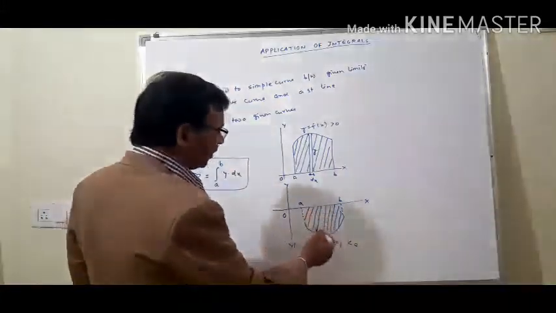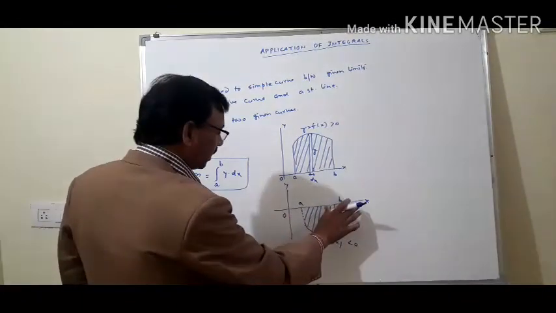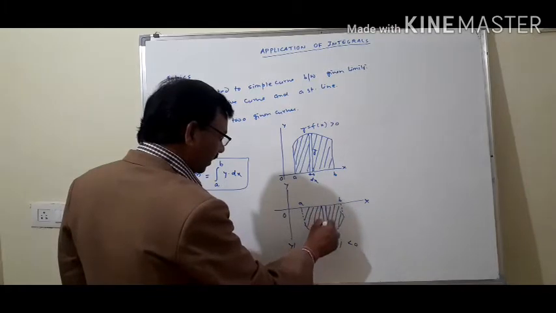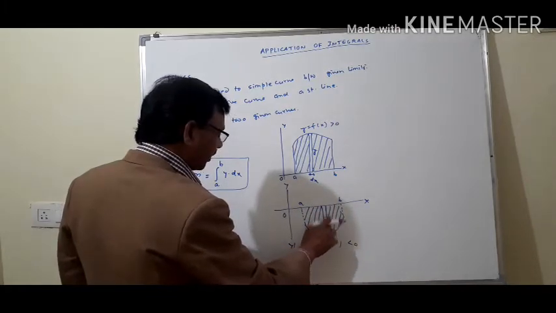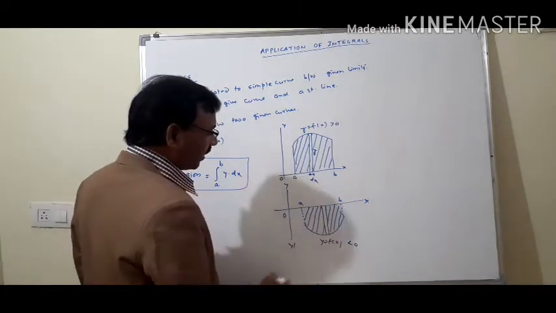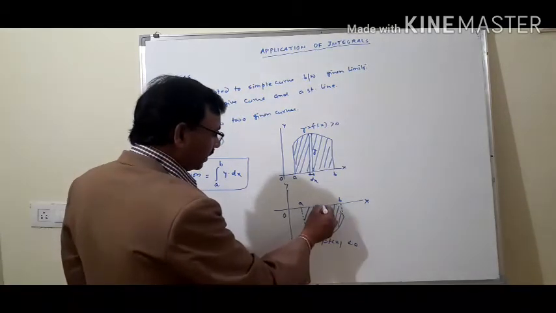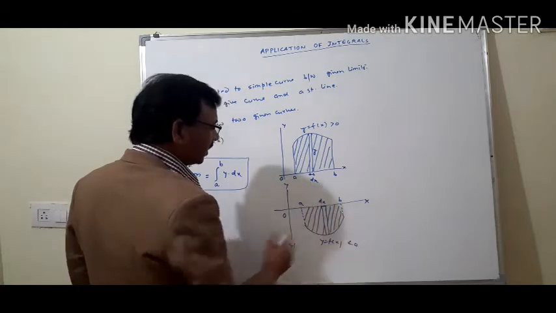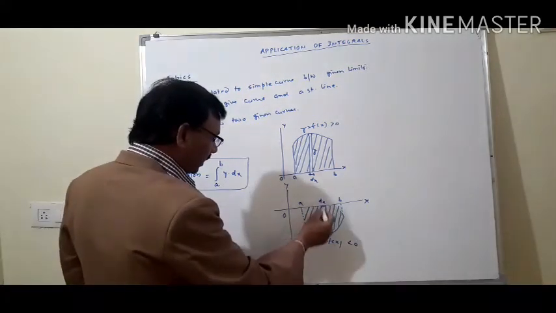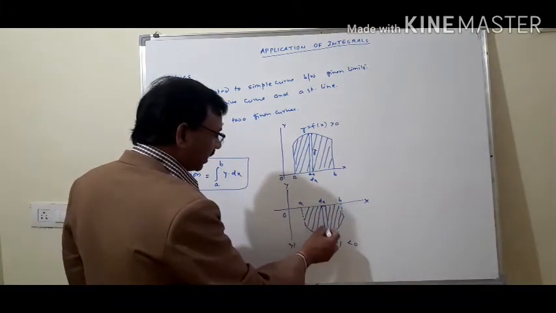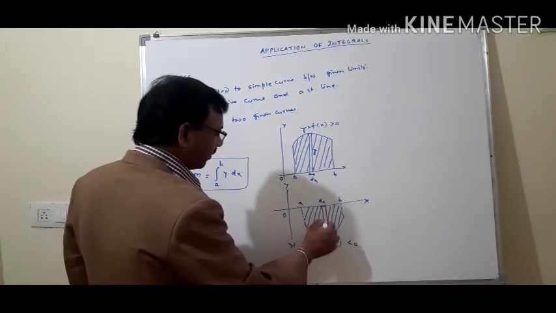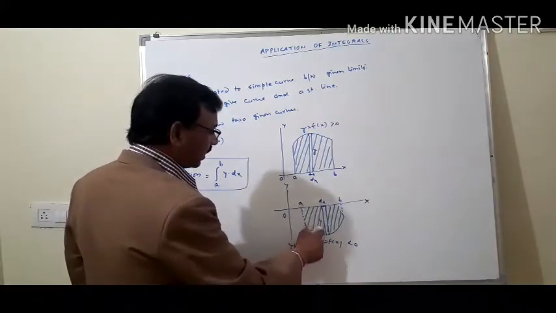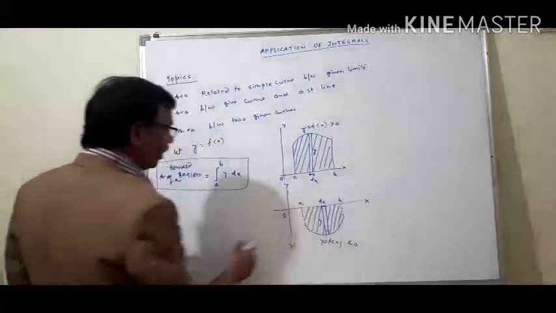To find the area of the same region, we should draw small strips, like in the first equation we already drew. Consider that the width of this strip is dx, which is very small, and the length of this strip will be y. Since length is never negative, we write the length as y.